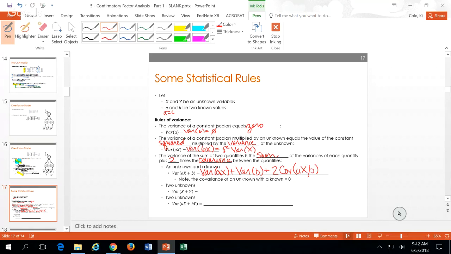And even here, we can simplify it a little bit further. The variance of AX is what? A squared times the variance of X plus, what is the variance of B? If B is a known value, 0, plus,